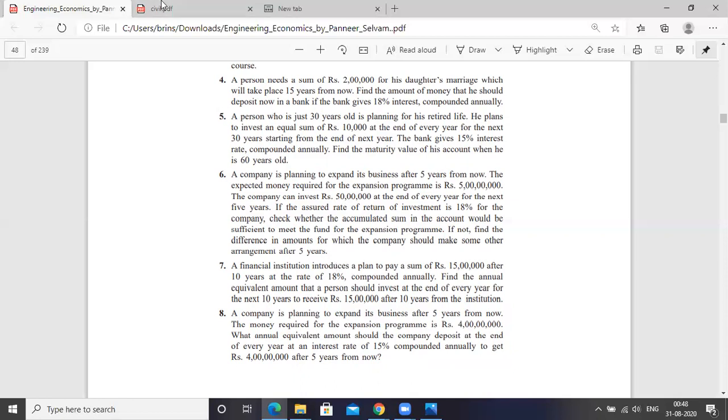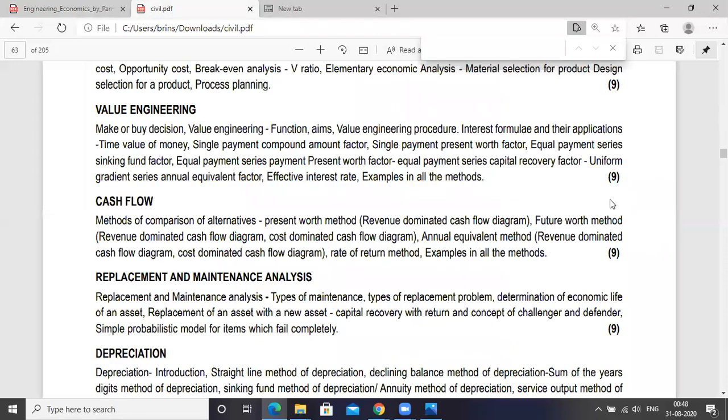Okay, so that's what we covered in this session, and in the next session we will see about the uniform gradient series, annual equivalent factor, and